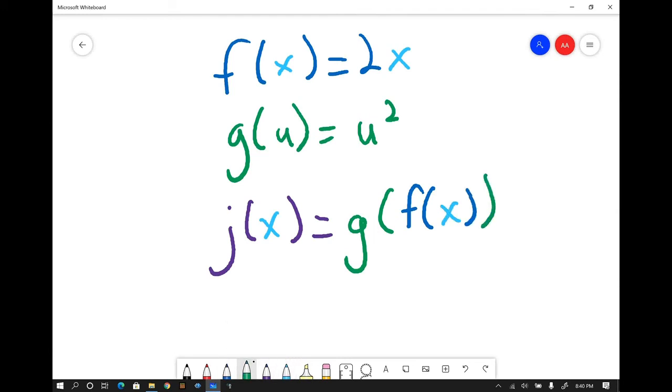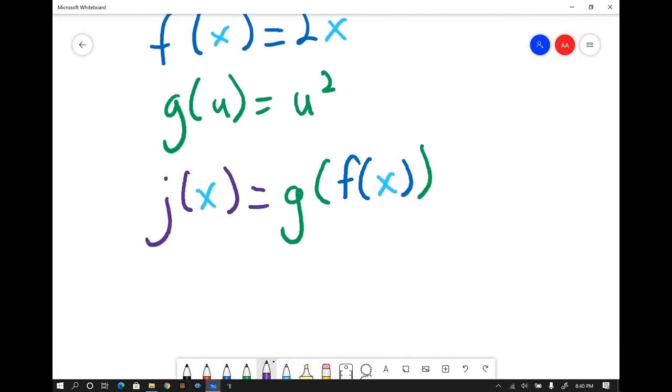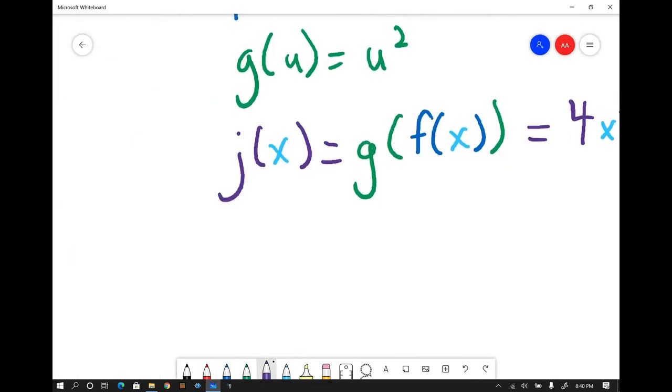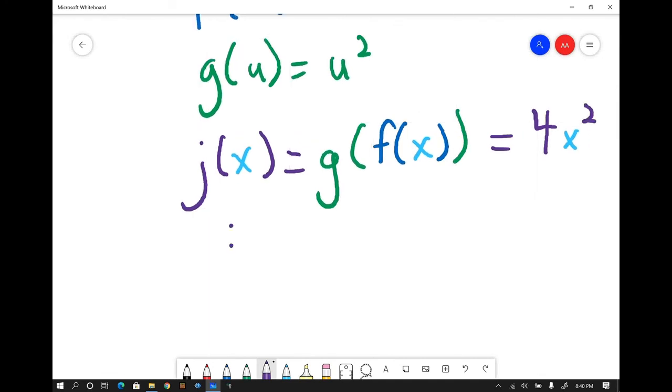Then, as we know from before, this is equal to 4x squared. And if we were to take the derivative of this equation, so j prime of x, this would be